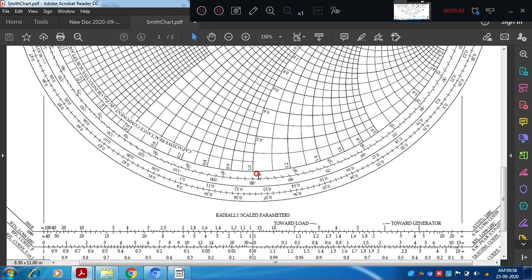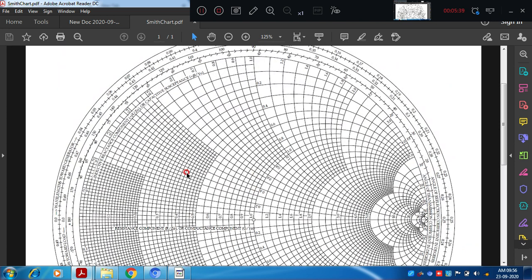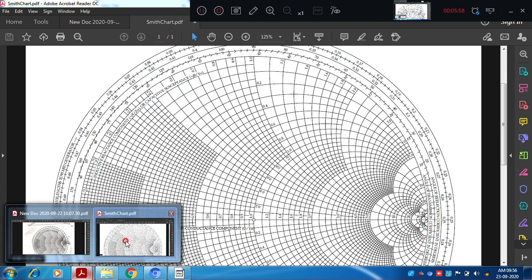With this introduction, we will solve one numerical today using the Smith chart, along with the problem statement, and go through the step-by-step procedure to solve numericals on the Smith chart, which are very difficult to find analytically. You can easily find them with the Smith chart method, which is a graphical method. So we will move on to the problem statement now.